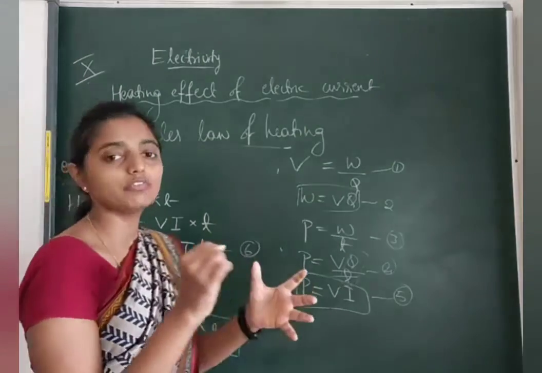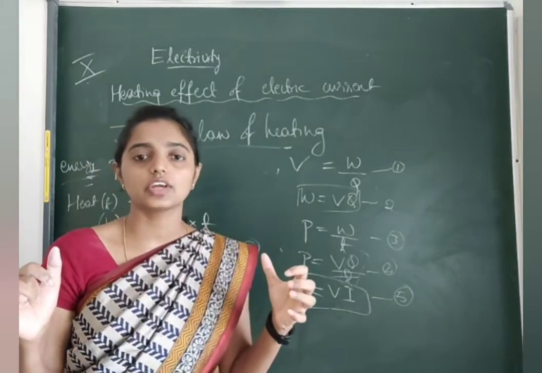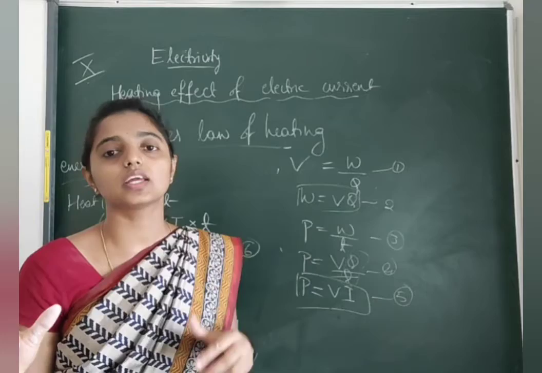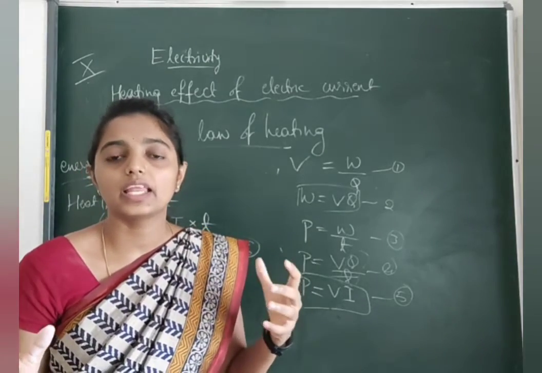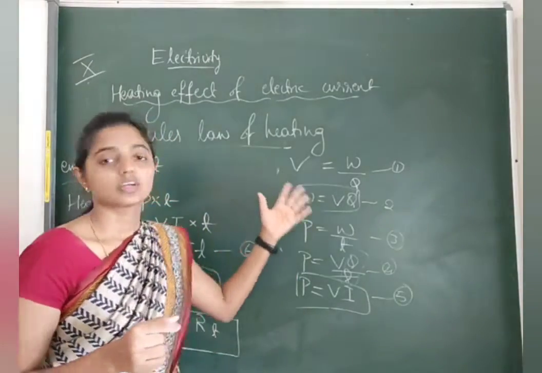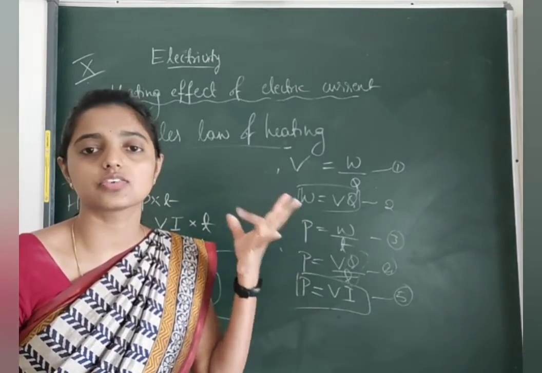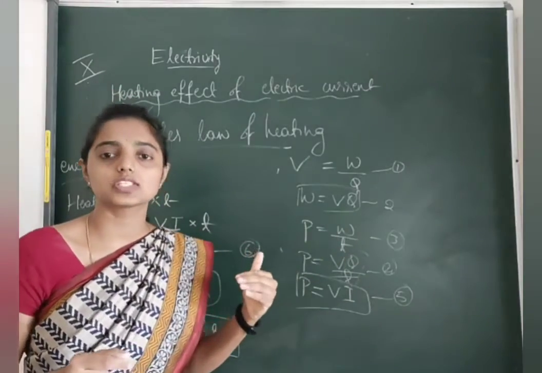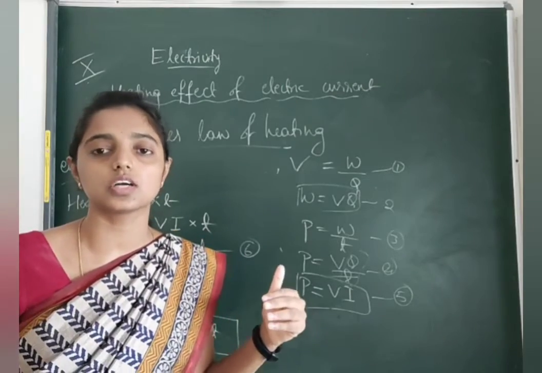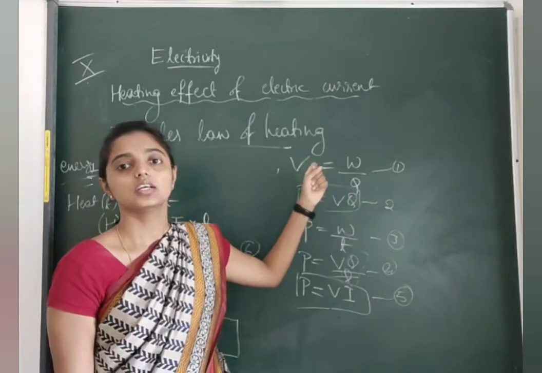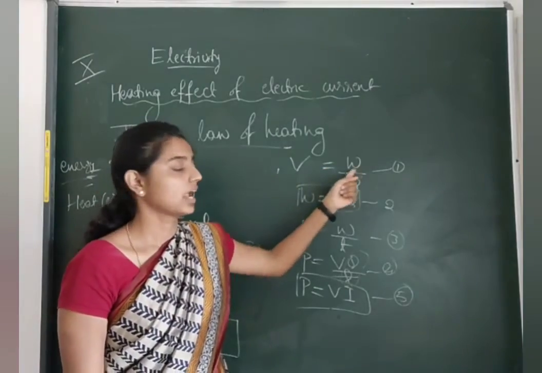So once again quickly we'll recall. How do you need to start writing the derivation of Joule's law of heating? You need to start with a statement. Let us assume an electric circuit which contains current, potential difference, charges, resistors, etc. Then start with the statement of work done, then introduce the term potential difference, that is nothing but the definition of potential difference, and start writing the equation of potential difference and take W outside.